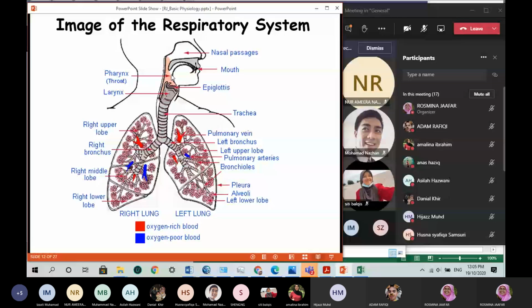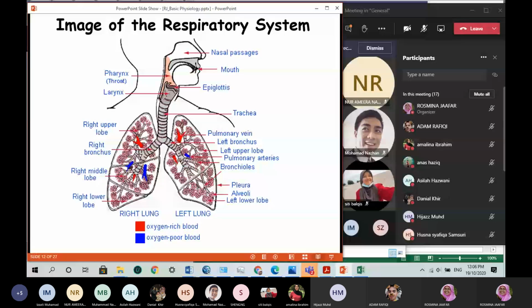So here you have your lungs, and the function of the lung is for gas exchange and oxygen. The lung will interact with your heart, because the lung circulation, later on if you learn about the circulatory system, the blood circulation will interconnect from the lung to the circulatory system.